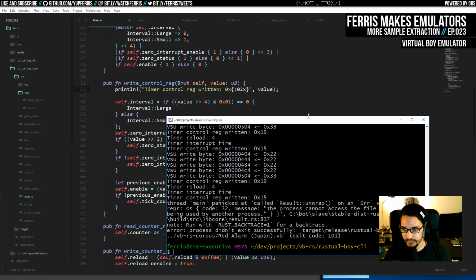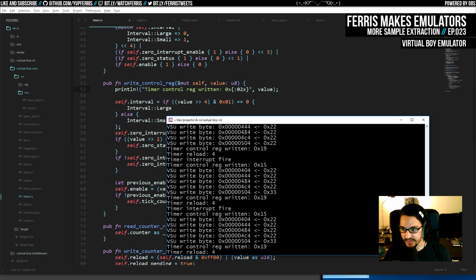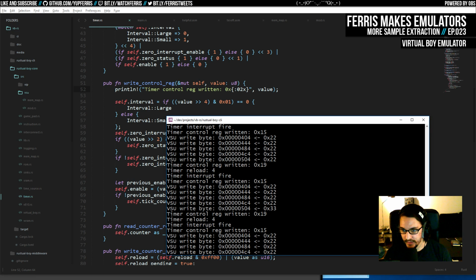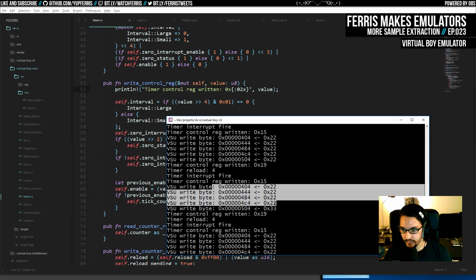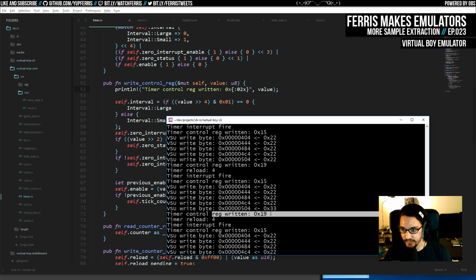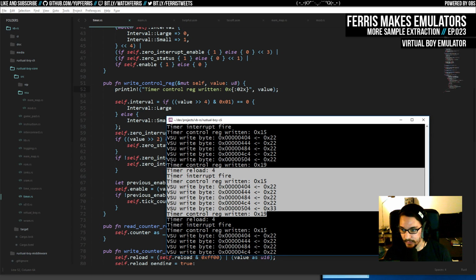Now I cut it off in the middle there again, just to be sure that we got what we wanted. Okay, so here we go. Timer reload happened on 4, and then the timer fired. The 15 was written into this register. Then it wrote all the values, and then 19 was written. So actually, exactly what we expected is here. So now if we go back up to our notes up here,